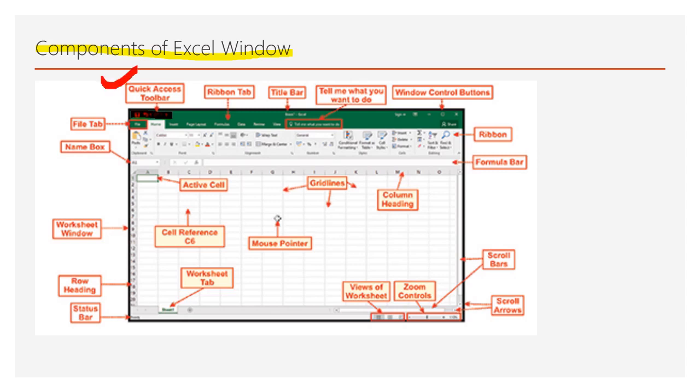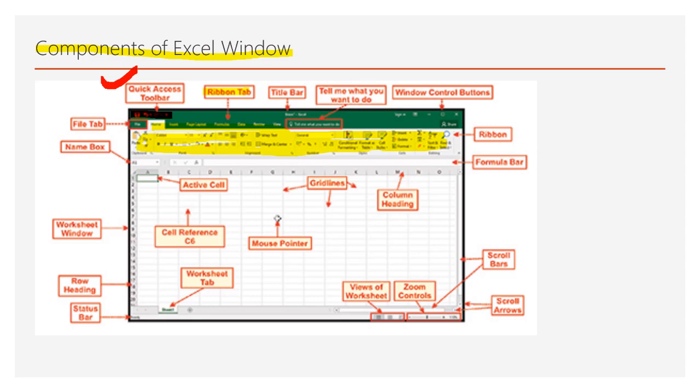Then next is the ribbon. This complete thing that you can see is called the ribbon. The ribbon is actually used to issue the commands. All the commands are arranged in the form of tabs and groups.